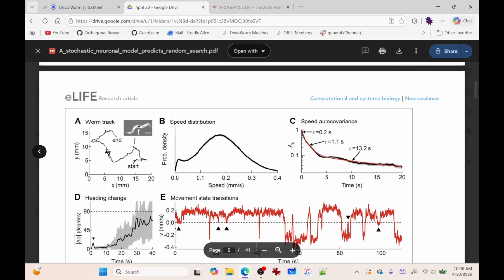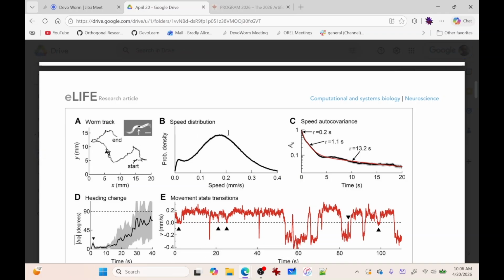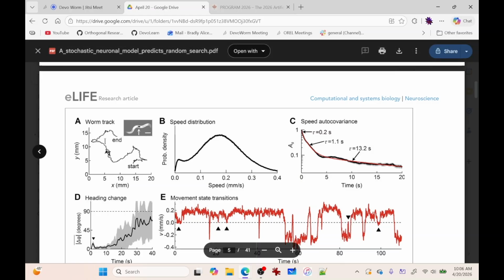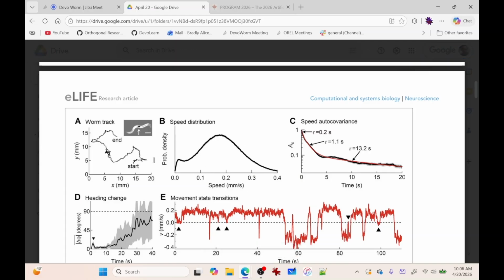So they're just exploring the environment for food. They have no idea where the food is. They just have to make these runs and hope for the best. This is the speed distribution, so you can see that there's a slight increase in speed and then